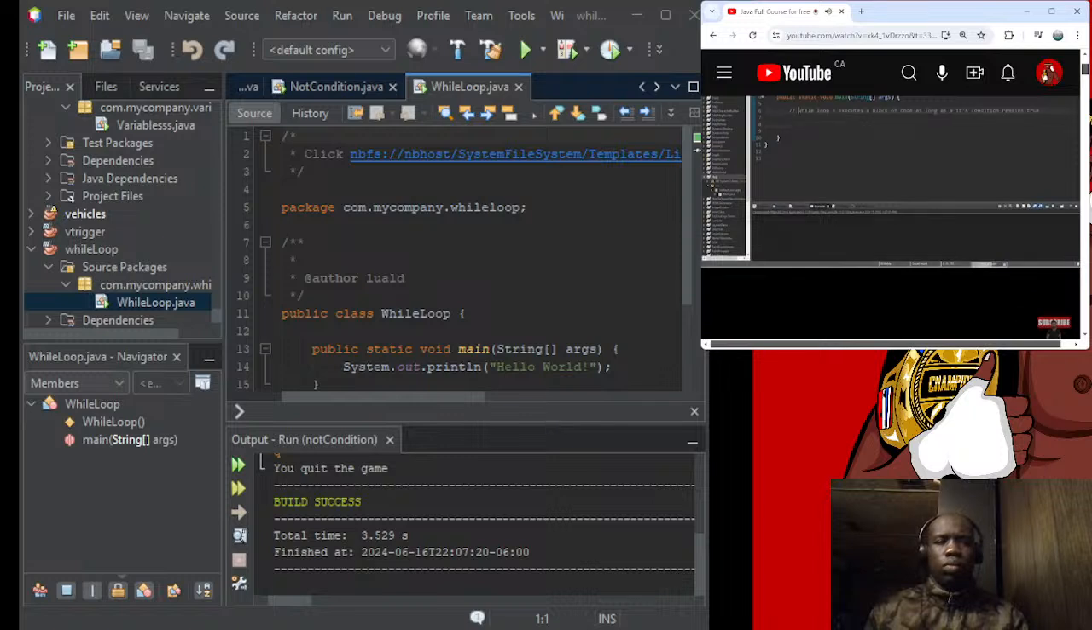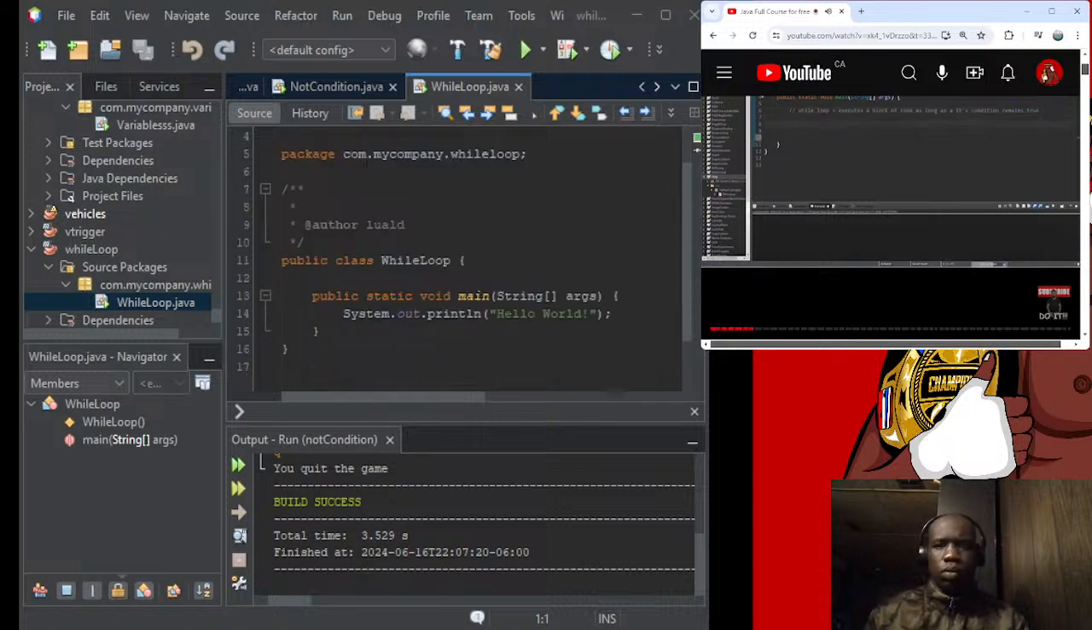Alright guys and gals, let's talk about while loops. A while loop executes a block of code as long as its condition remains true. It's like an if statement, but it will continue that block of code continuously as long as its condition remains true. Here's an example. Let's create a program that will ask somebody